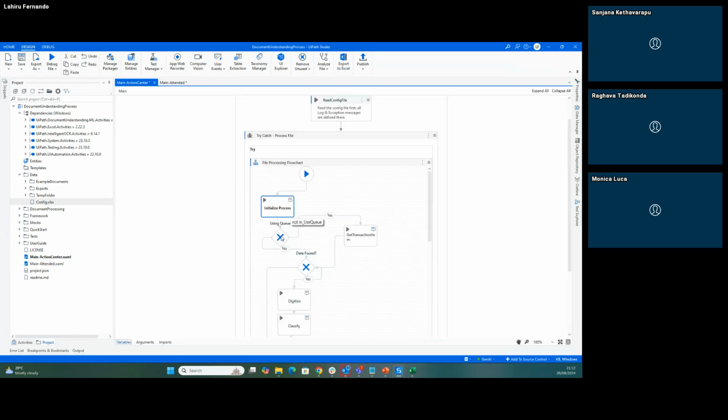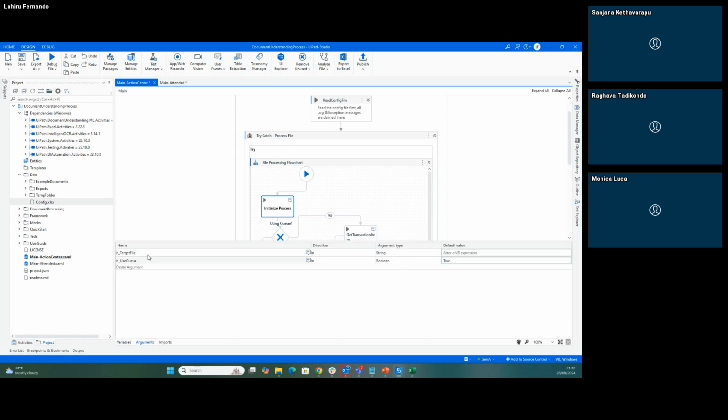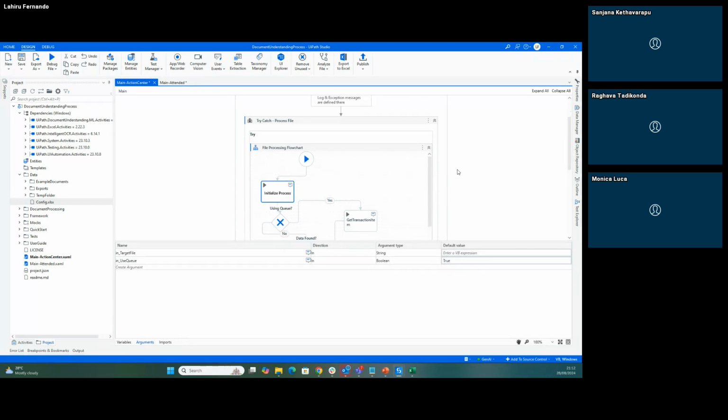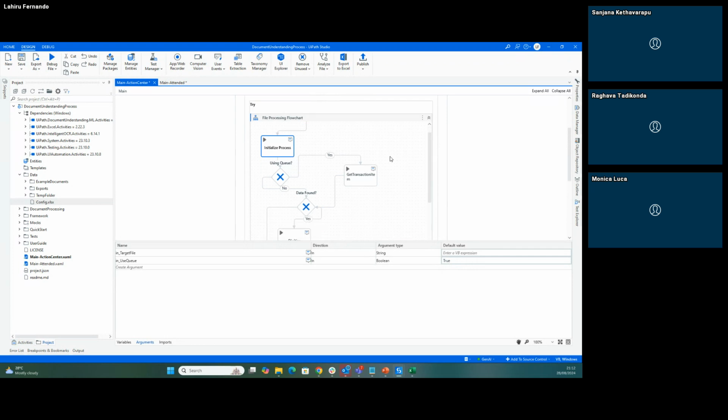And once you do that, we just check whether you're using a queue, and this is coming from the input arguments. So there are two input arguments. One is a target file, a file path. If you don't want to use a queue, you can pass the file path here, and an indication whether you're going to use a queue or not. The get transaction item is just a simple workflow where you just get the transaction data from the queue item,